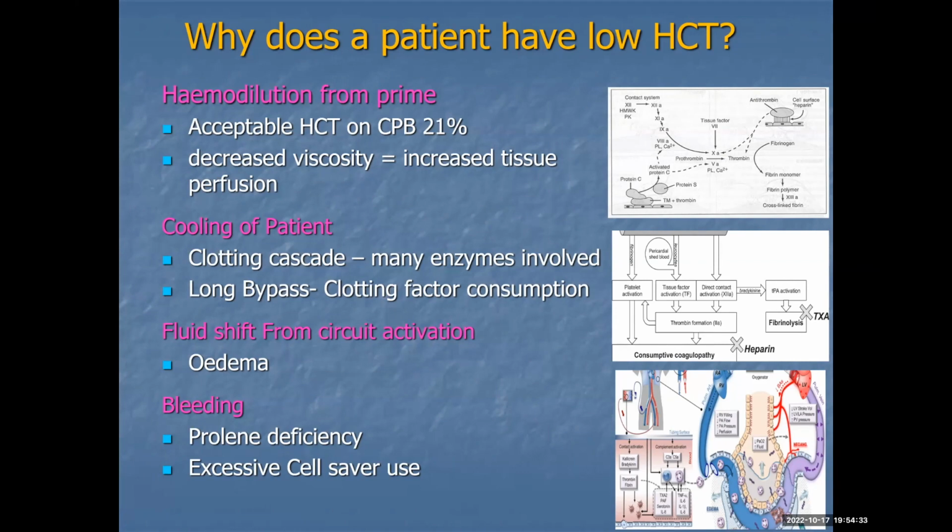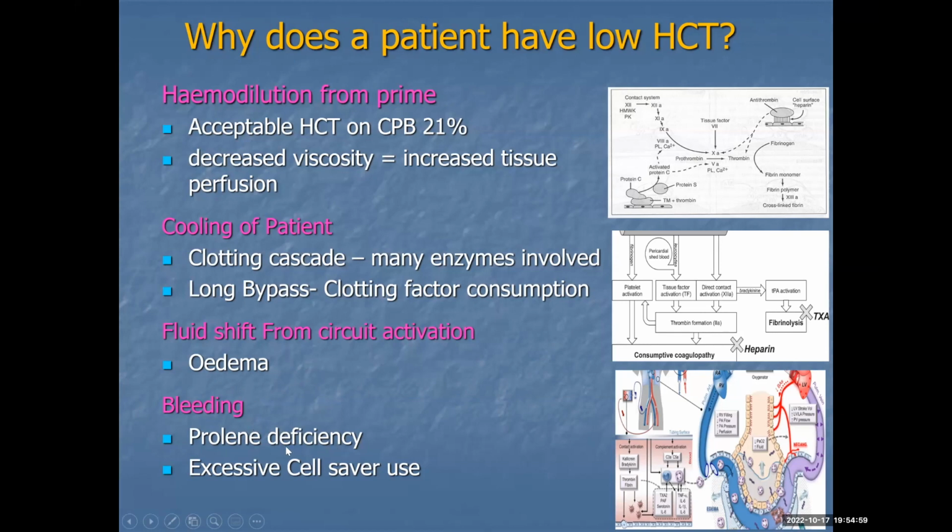I mentioned earlier about fluid shift. So with this patient with low hematocrit, is it because they're really edematous? Look at the patient, feel their legs. Unfortunately, there's not an awful lot we can do about that. Some patients tend to be leakier than others. But if that's the case, can we give them some sort of diuretic to correct that, and so forth? And then finally, I suppose the last thing in that thought process is, is the patient bleeding,